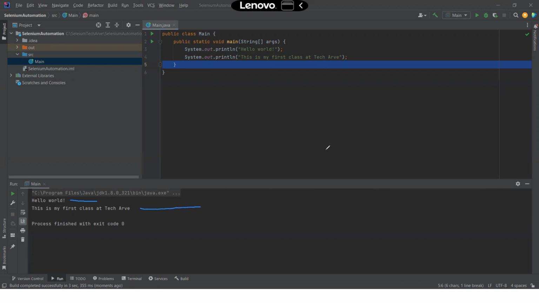So this is basically how we print out our data, our variables, and everything we want to print out in Java, using this command System.out.println, and then we can simply pass in the value that we want to print over here. So that's all about printing out the thing. We are done with our